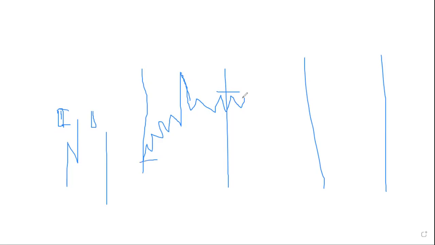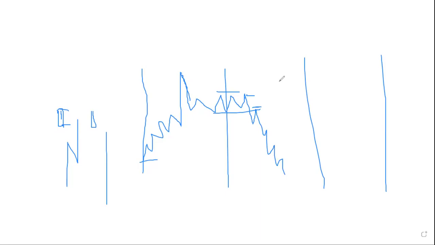Then all of a sudden, you see the market coming down. And as usual, once it breaks this level and you're unable to enter here, then wait for the market to come back and retest this level. You are going to enter here, your stop loss will be above this place, then your take profit will still be here, then the market will keep on going in the sell direction. You know what I'm saying? So the same thing for the